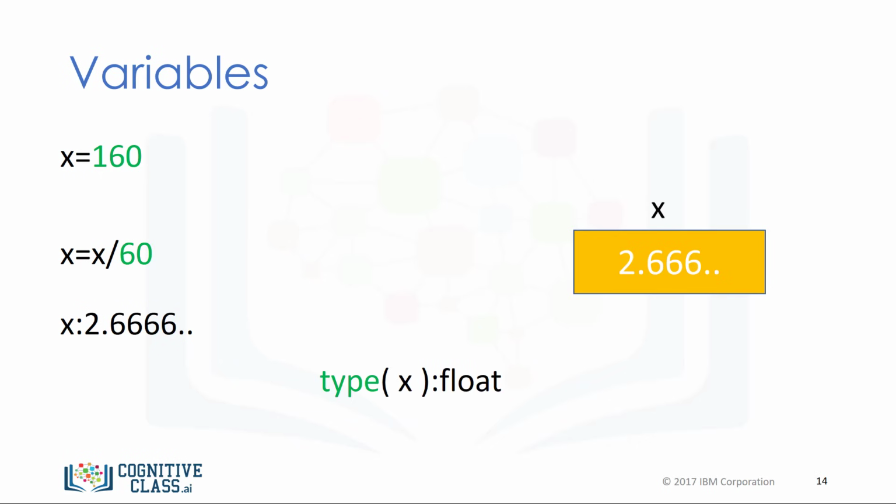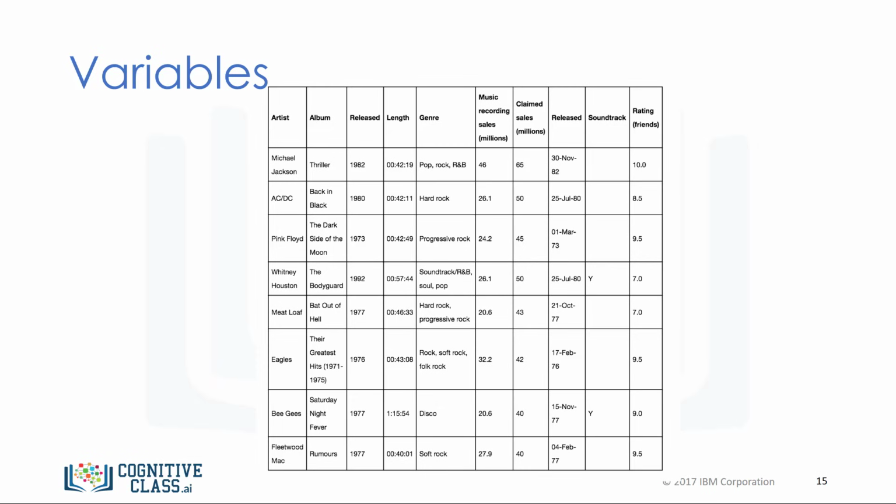We can use the type command in variables as well. It's good practice to use meaningful variable names, so you don't have to keep track of what the variable is doing. Let's say we would like to convert the number of minutes in the highlighted examples to number of hours in the following music dataset.